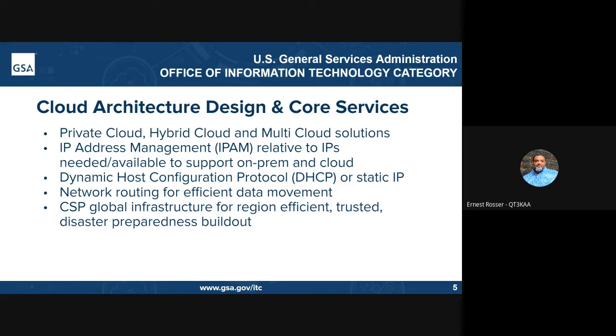Private, hybrid, and multi-cloud. Private cloud is used by single organizations comprising of multiple consumers, for example, business units. It's owned, managed, and operated by the organization, whether it's on or off premises. Hybrid cloud is a composition of two or more distinct cloud infrastructures, whether private or public, that remains as unique entities, but are bound together by standardized technology that enables data portability.